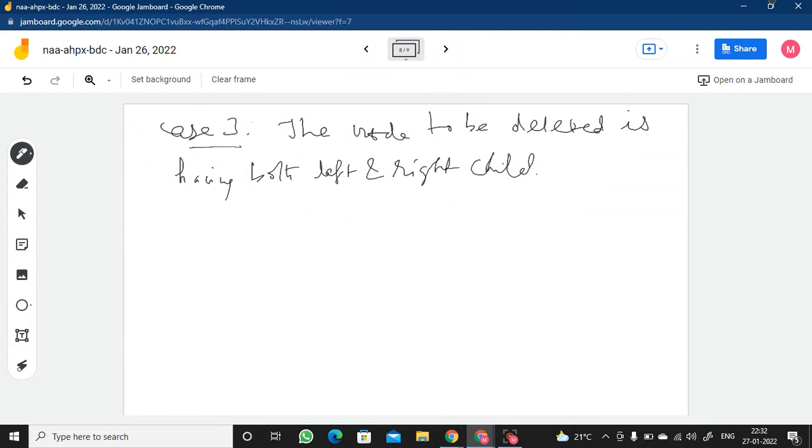The node to be deleted is going to be replaced with the minimum of its right subtree, and then that minimum is going to be deleted. That's how we apply the solution, right? So what you're going to do is